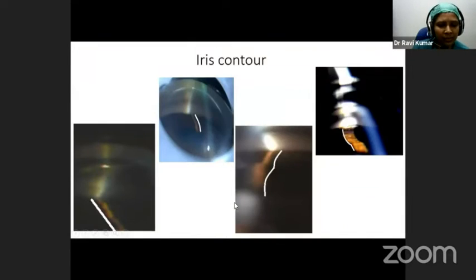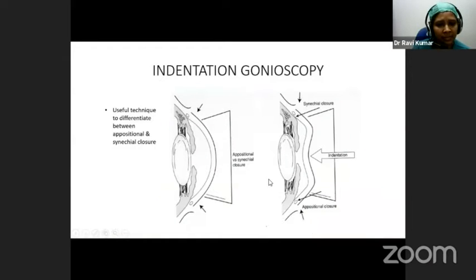We also have to pay attention to the iris contour. This picture shows that the iris contour is flat. This is convex. This is showing a plateau iris configuration, which is showing a double hump sign. Here the iris is concave. So once we examine the patient in the primary position without compression, next we have to do indentation gonioscopy,